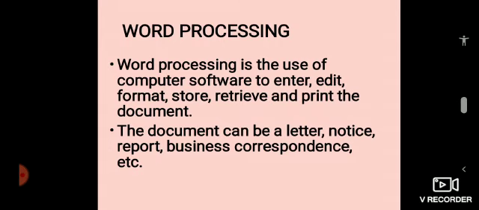Similarly, for word processing, for documentation, you need some specific software for making your documents. What is that software? It is called a word processor, and the software which you are using for your documentation is called